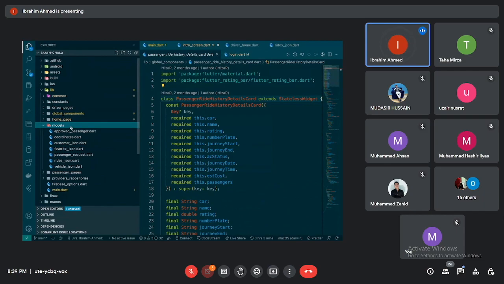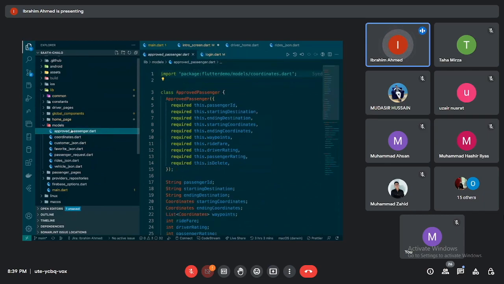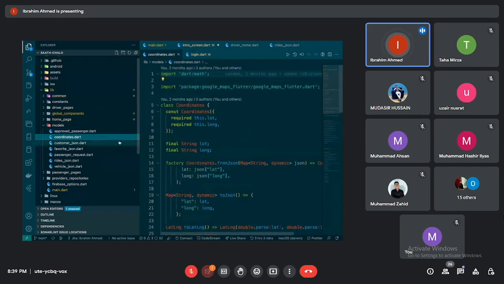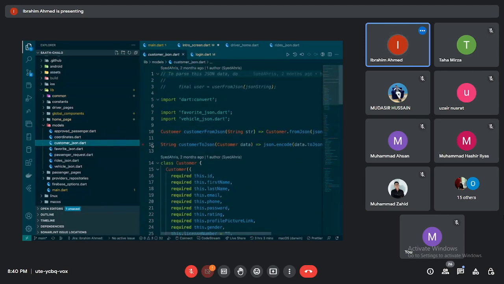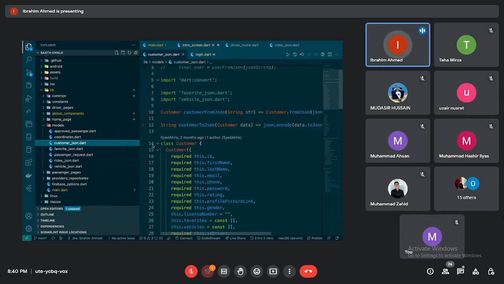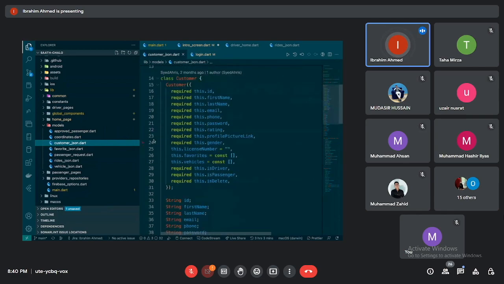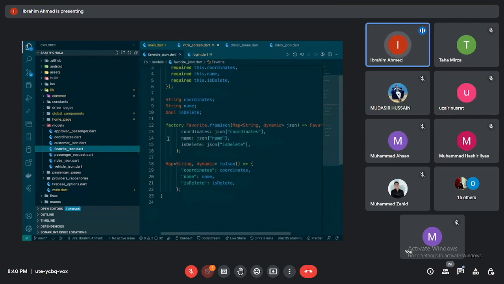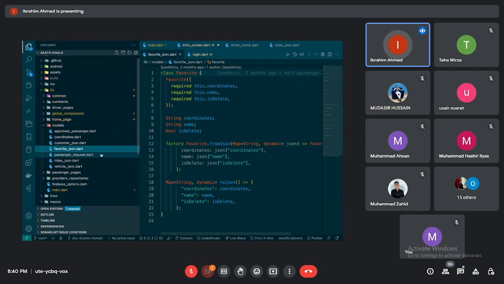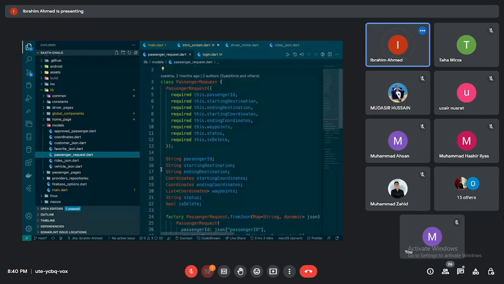तो आपके सारे जो JSON मॉडल्स होंगे, मिसाल के तौर पे हमारे डेटाबेस की जो चीज़ें थीं, we have the approved passengers, कि कौन से पैसेंजर्स अप्रूव्ड हैं, then the coordinates, ठीक है, कोऑर्डिनेट्स आप भेज रहे हैं या रिसीव कर रहे हैं, ये the customer data, मिसाल के तौर पे आपके पास कस्टमर है, उस कस्टमर का नाम है, आईडी है, लास्ट नेम है, फर्स्ट नेम है, प्रोफाइल पिक्चर है, everything. या जो favorites, तो मिसाल के तौर पे आपके पास ये फेवरेट है कि इस कस्टमर की ये फेवरेट लोकेशन है। पैसेंजर रिक्वेस्ट, किसी ने आपको रिक्वेस्ट भेजी है।